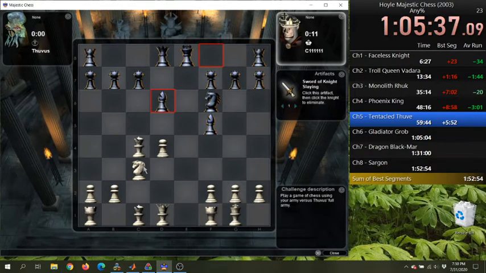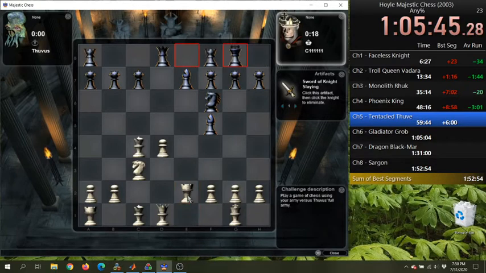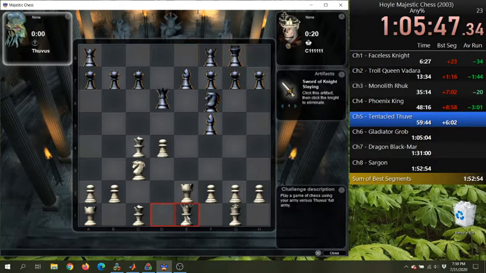I noticed that there's only one knight left, or else otherwise I'd be tempted to trade right there. Yeah, that's probably what I would do if I were to do it.